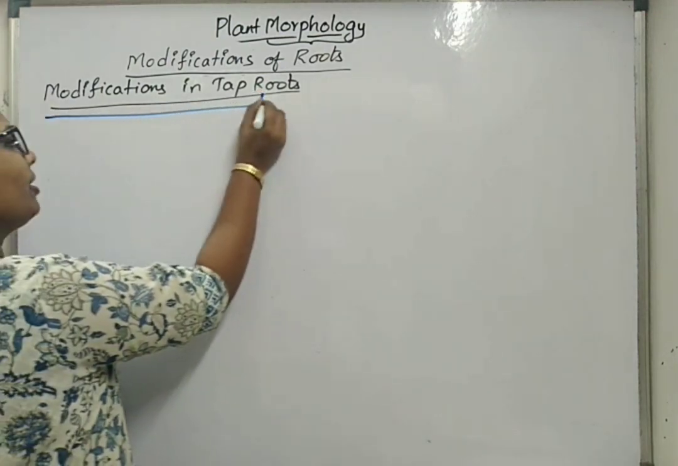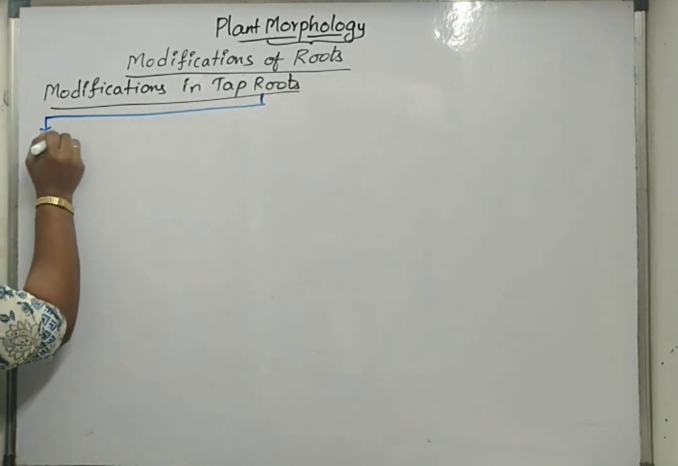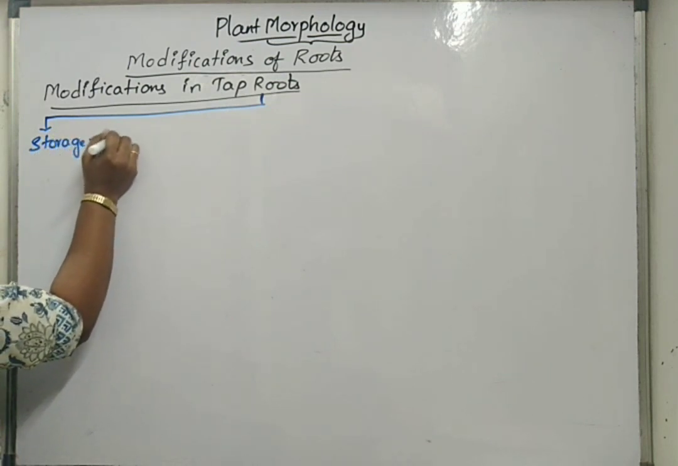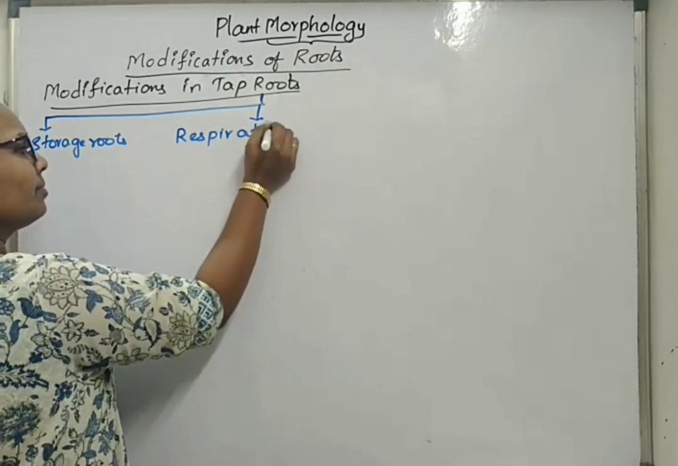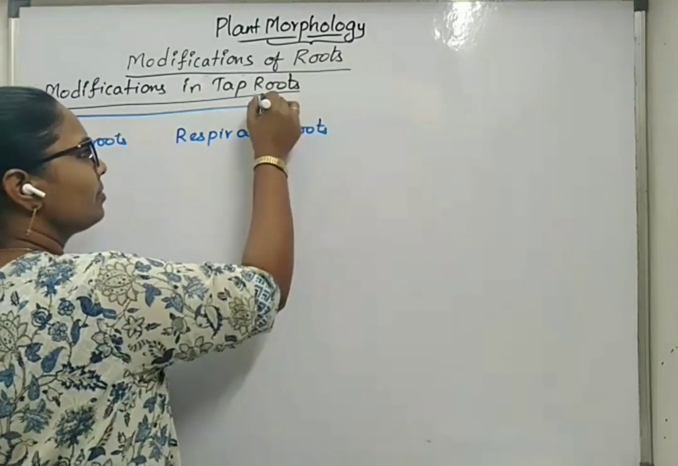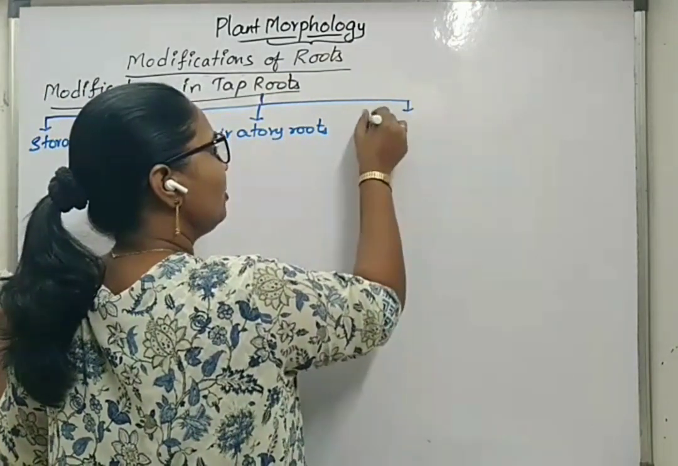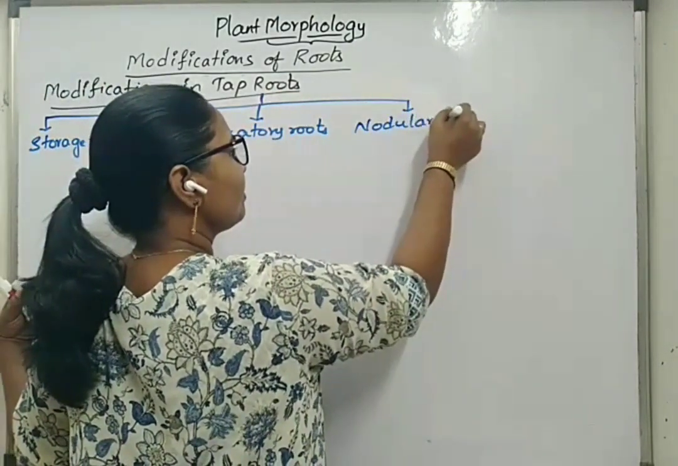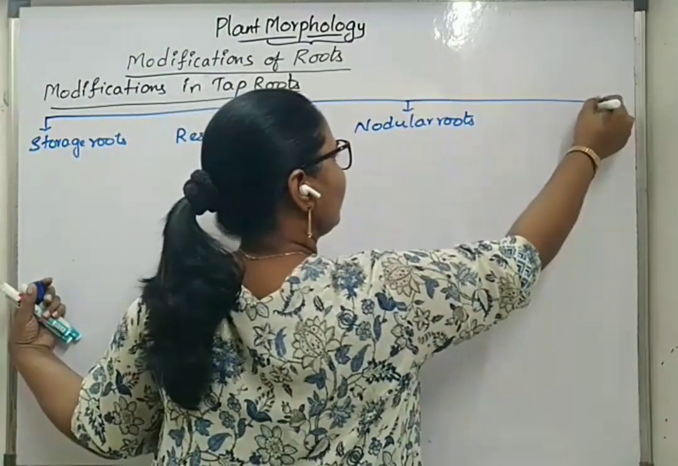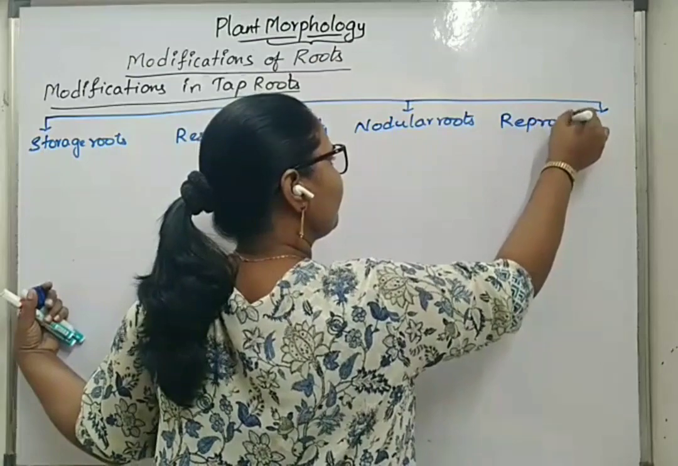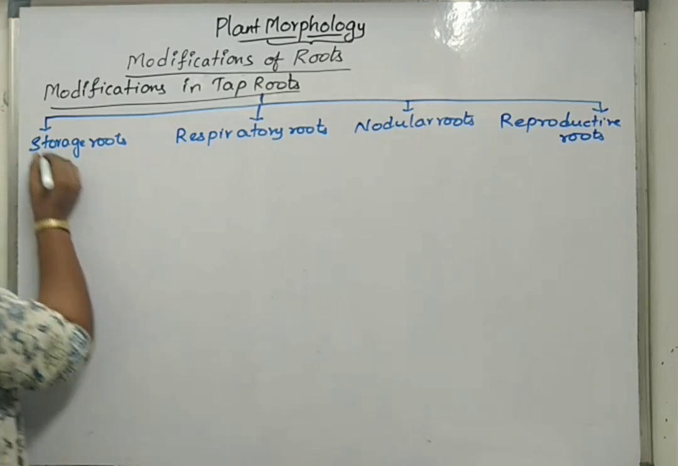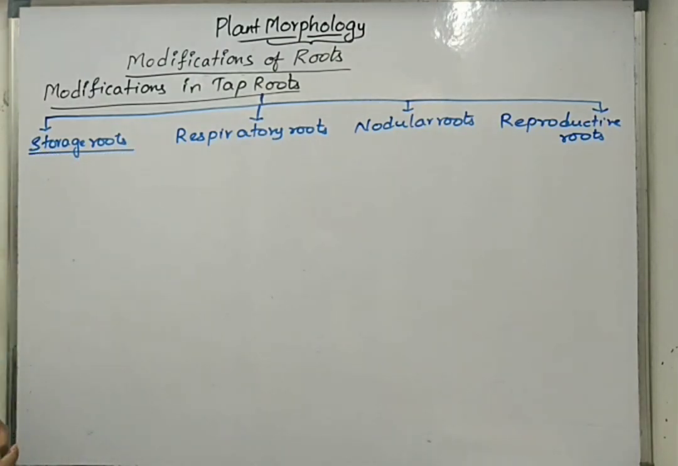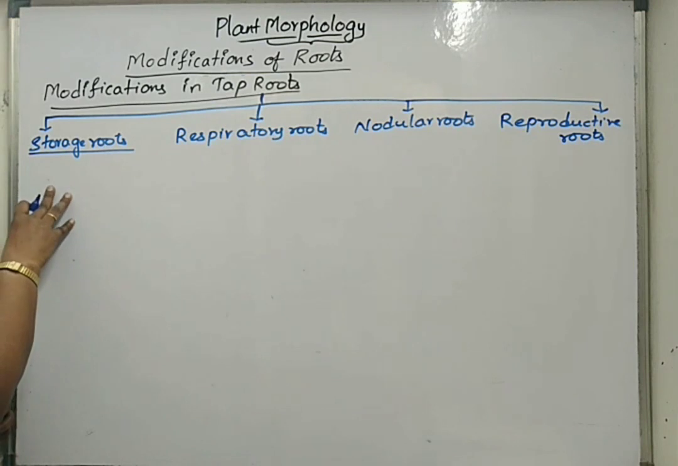So taproots have been modified into storage roots, respiratory roots, nodular roots and reproductive roots. So here some roots are meant for storing the food material inside their taproots. Such types are again